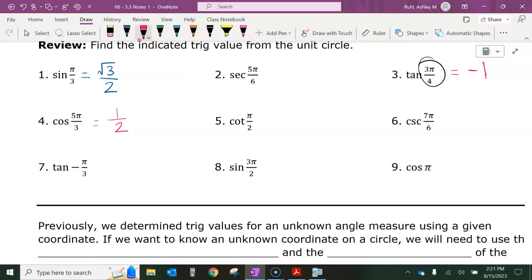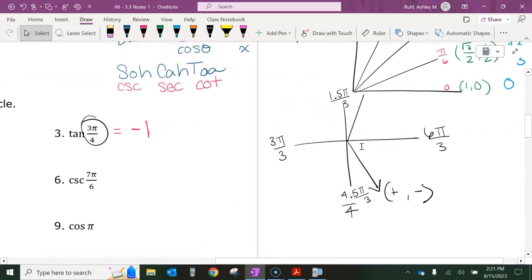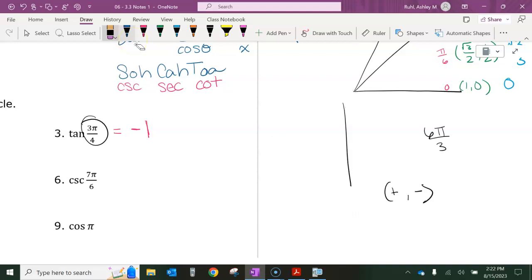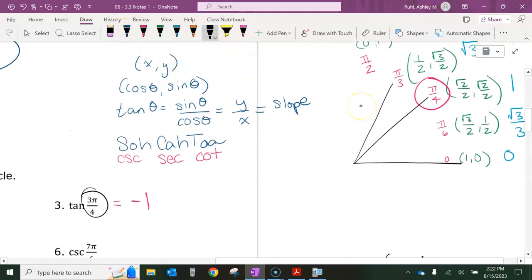Okay. I'm going to skip all of my reciprocal ones for right now, and I'm just going to do 7, 8, and 9, and I'll come back to 2, 5, and 6. So 7 is tangent negative pi over 3. So let's recall that positive angles go counterclockwise and negative angles go clockwise. So if I was to do this, I would, instead of having what I have right here, I would instead go the opposite direction. So instead of going up,